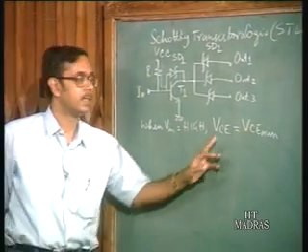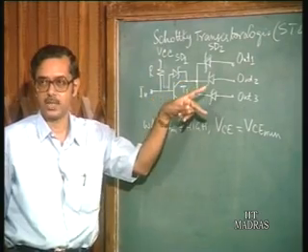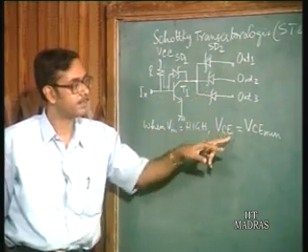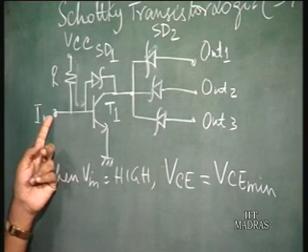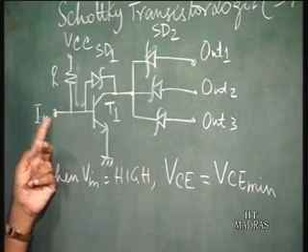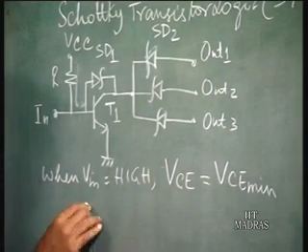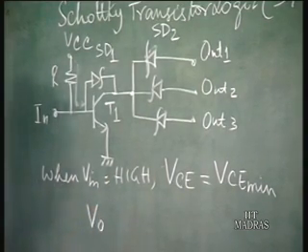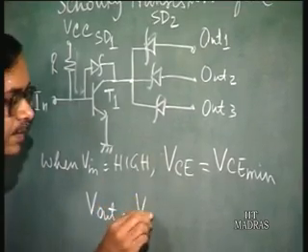That is, the collector emitter voltage of this transistor goes to VCE min when the input is high. And so, what is the output voltage? V output is equal to VCE min